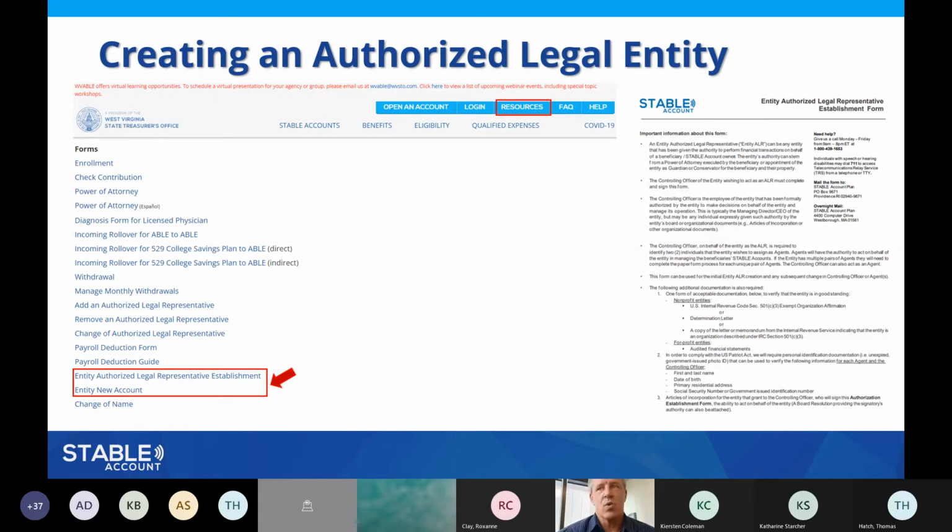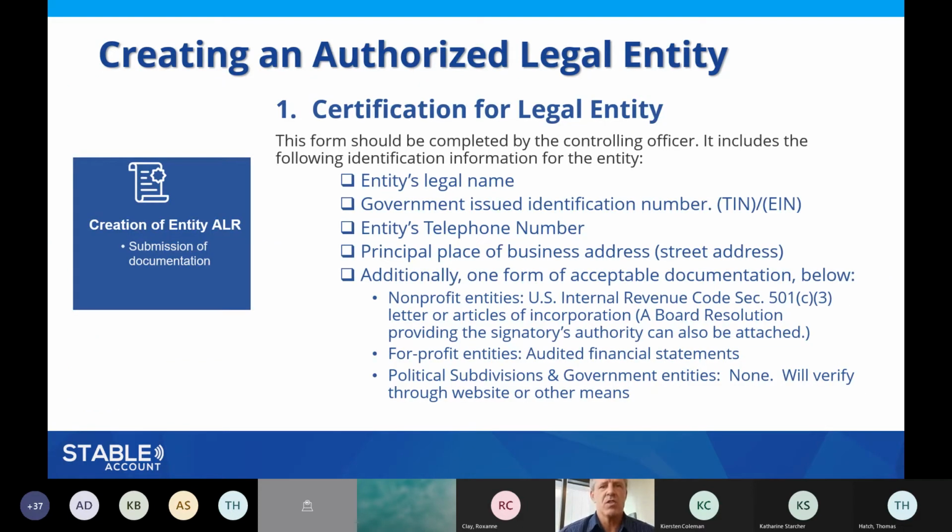So once you've gotten those forms, what are some of the things that are going to be required to fill out? So the very first part of the form is going to be putting in information about the entity. What is the entity's legal name? If you have your tax ID number or the governmental number issued to your company, usually tax ID or EIN, you'll put that in. Phone number, principal place of business, your address. I would say again, if there's multiple offices, whatever office is considered sort of corporate headquarters or the headquarters of your organization would be put in there.